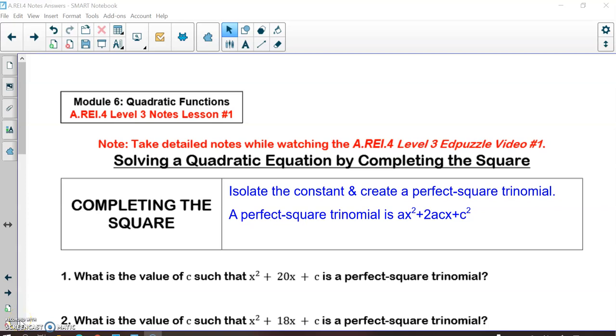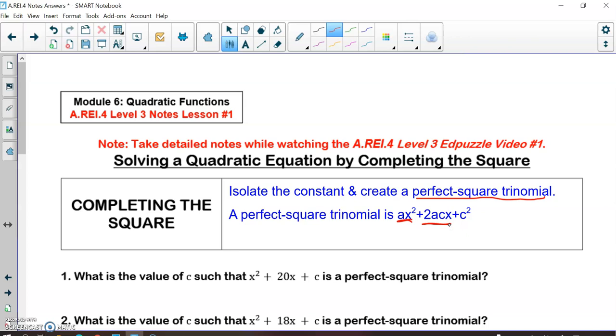Right, so we are now going to learn another method of solving quadratic equations, and this is by the method called completing the square. When we complete the square, we are going to be isolating our constant and then creating something called a perfect square trinomial, which we actually have dealt with back in our factoring standard when we factored polynomials. Remember, a perfect square trinomial is in the form of ax squared plus 2 times the square root of your a times the square root of your c, x plus